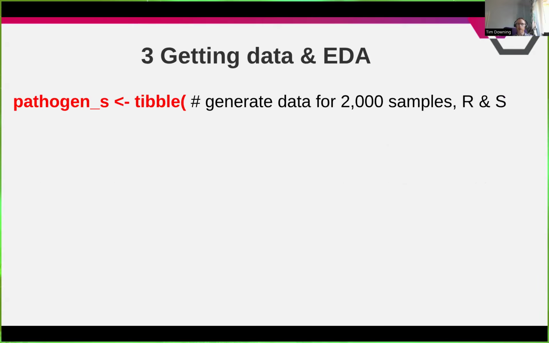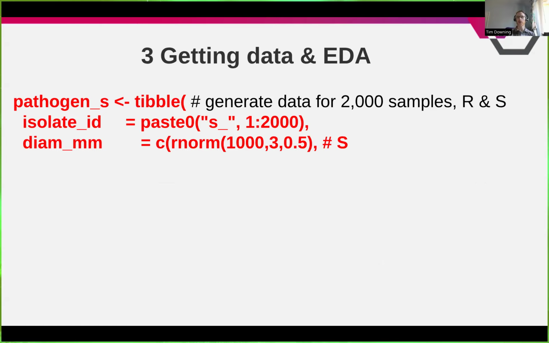So what we're going to do here is create a table of data using tibble, where we're creating identifiers for each isolate, each of the 2,000 isolates, 1,000 of which are S and 1,000 of which are R. We're going to use rnorm to generate this data. The first 1,000 are S, the second 1,000 are R. The R have a bigger